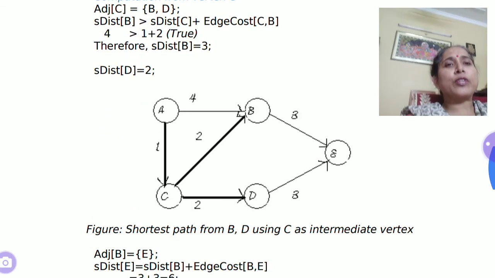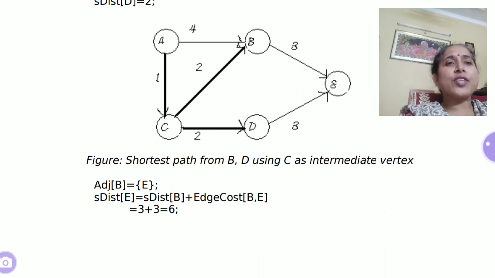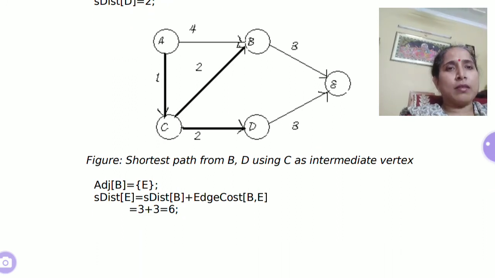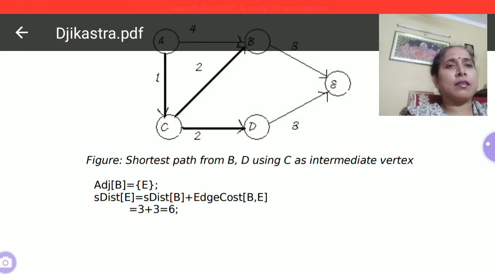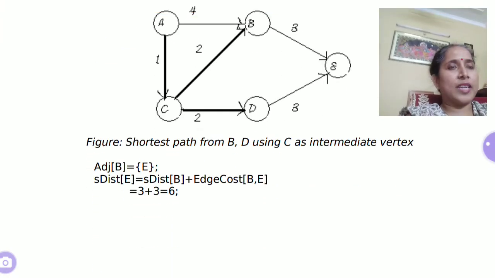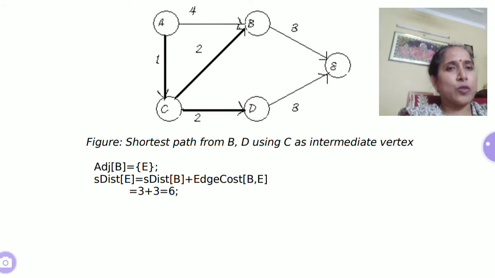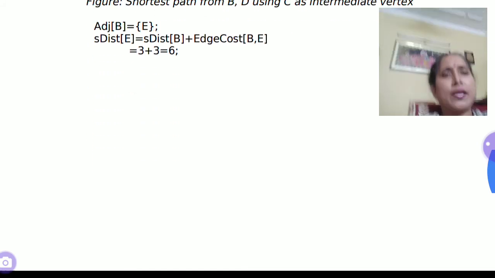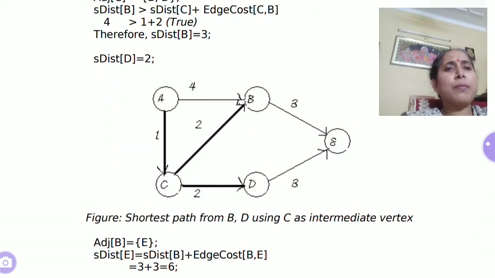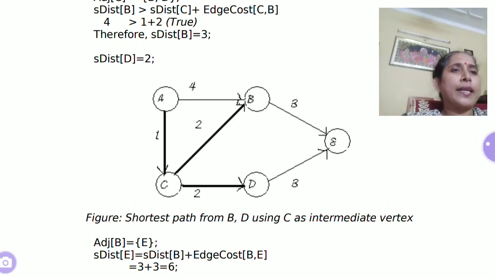Next stage that I am going to talk about is B and D. B is adjacent to E, so the vertex that is adjacent to B is E, and E is set. And the distance of E now comes in two ways. One is ACBE, that is the total distance: 1 plus 2 is 3, 3 plus 3 is 6. And the other distance of E which is coming to us is via D. That is also 6, because 1 plus 1 is 2, A to D, and D to E is also 4, which is 6.